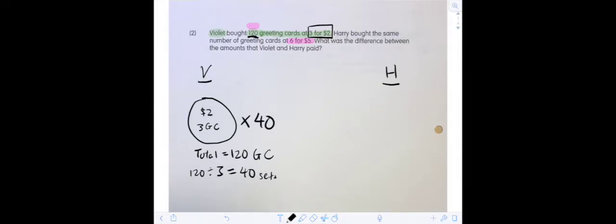Now we just do a little check. Remember, as part of the 4 steps, you always want to do checks here and there. 40 sets, 3 greeting cards. If you multiply the 40 sets and the 3 greeting cards, the total we're going to get is 120 greeting cards. So we know this is true. Now, the good thing about using this method of doing is that, you see, while you can